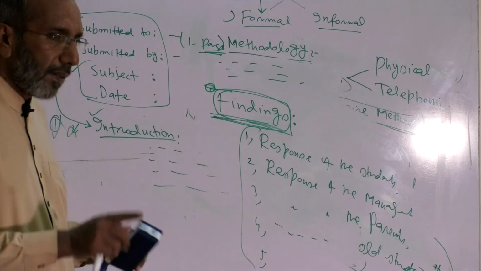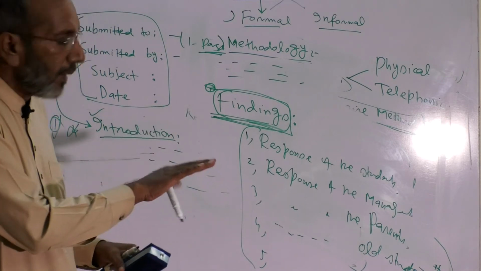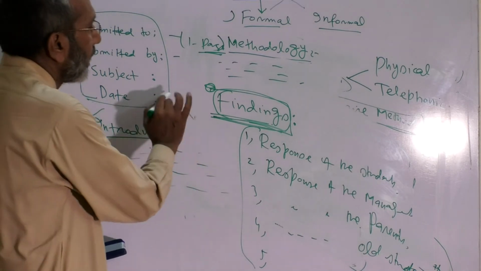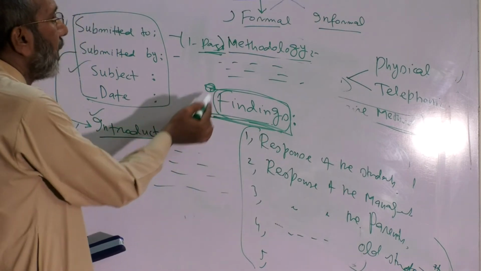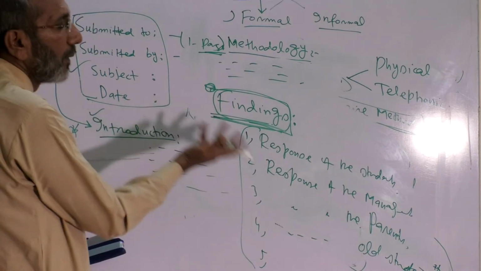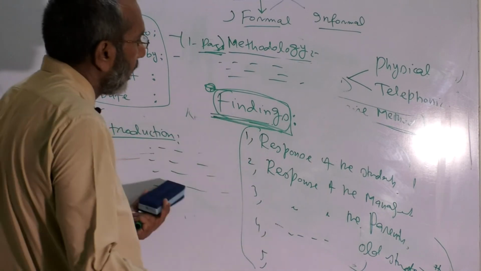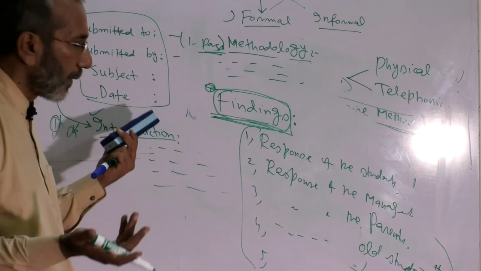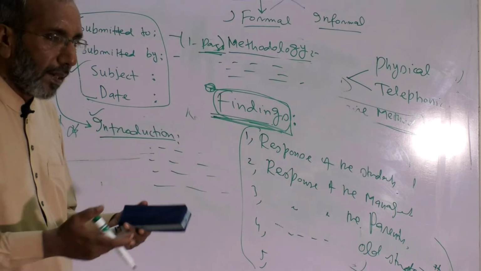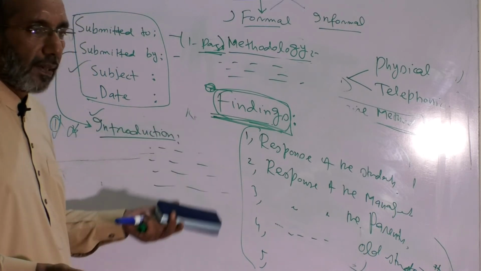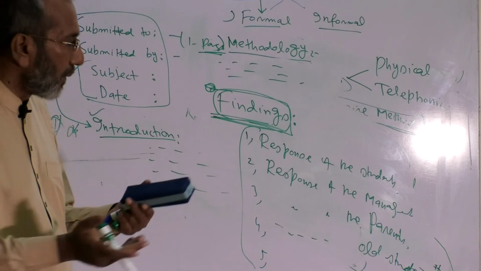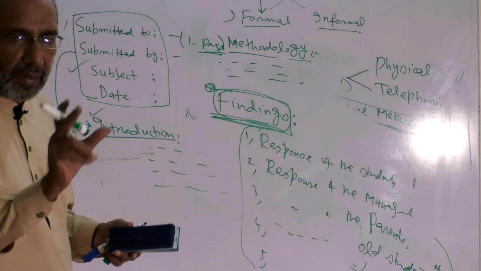Findings means the report itself, the whole report. So this thing is the hub, this is the pivot. If you don't mention this, it means your concept is not clear. Headings do vary as per the situation. In the case of a financial report, headings are different. In marketing reports, headings are different. In the case of corona, headings are different. So one can coin different headings.